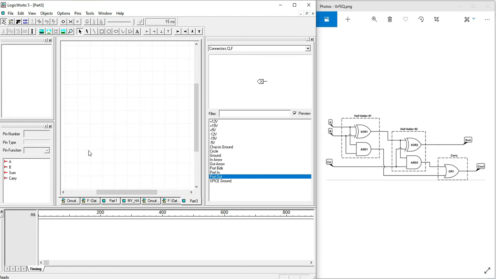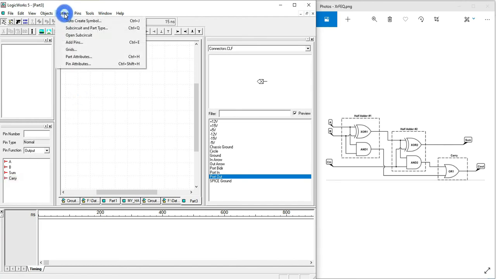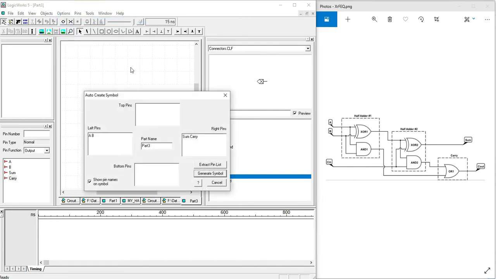As you can see, when we hit OK, we will see these four names. A is our input, B is our input, this one is our output, and this is also our output. So we need to go to the options and auto create symbol.